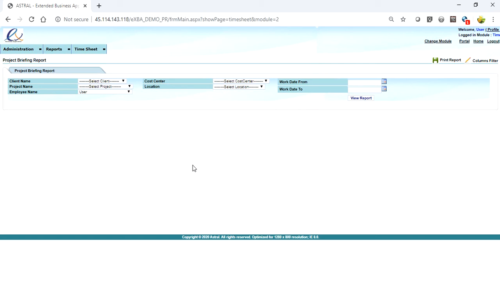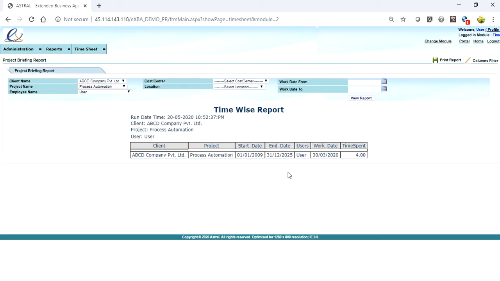For that you can select the client and the project name, and then click on view report. The system will give you the details of all the entries which you have done for the process automation project.